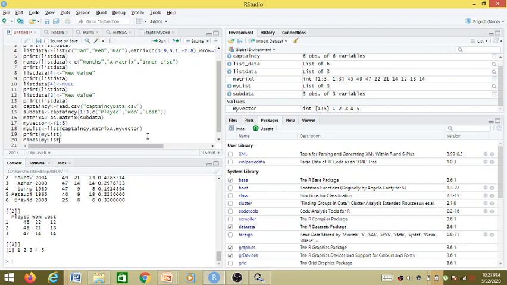So my list, and the names will be given inside a vector as string values. So first is data frame. So let's call it data frame. The second is a matrix. So let's call it matrix. And third was a vector. So call it vector.